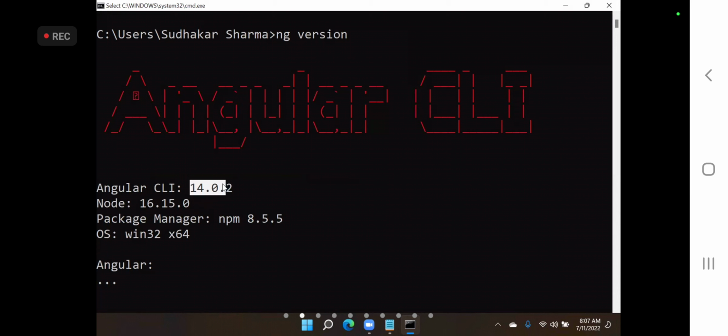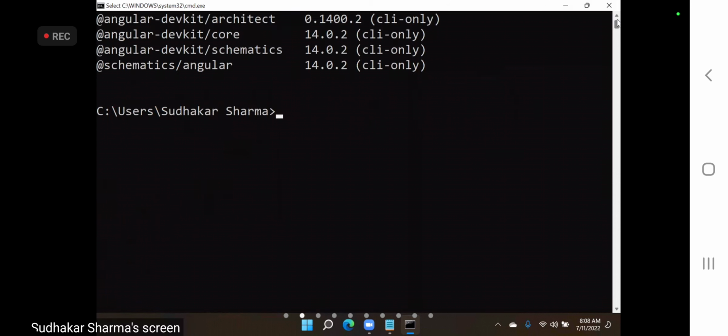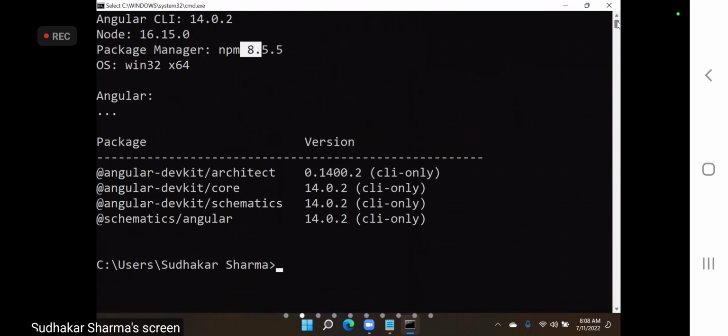That is the Angular current version. And Node.js 16, package manager 8. Already I told you that we need the latest Node and npm versions to work with, right? And this is the basic Angular version which is already available on my PC, right? Make sure that you have installed this.